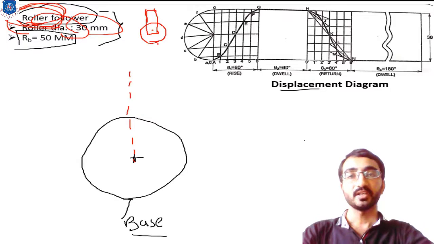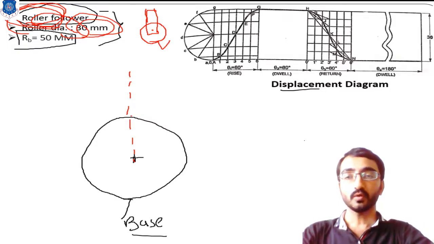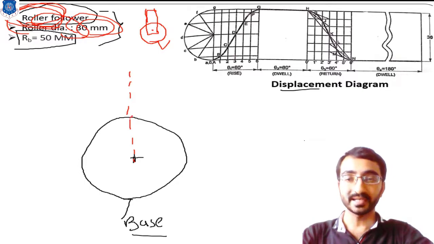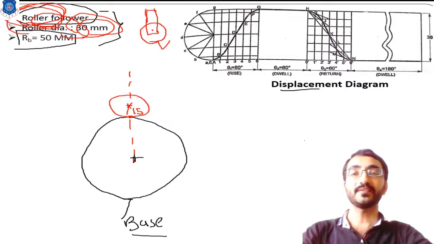For this you need a roller diameter, which is given here as 30 mm. So 30 mm is your diameter. To sketch this roller you need the radius. From this radial line and contact point, mark a center point at radius distance, that is 15 mm. So from the contact point, 15 mm distance vertical will give you the center of your roller, and from this center draw the roller. Be careful over here.